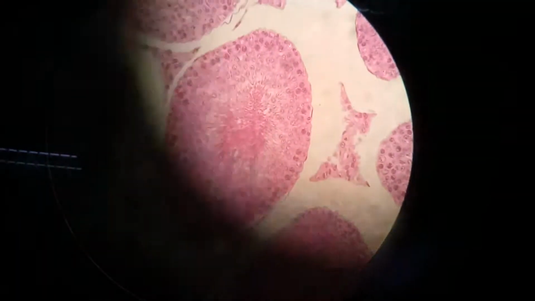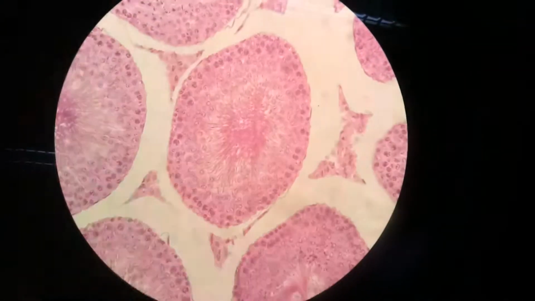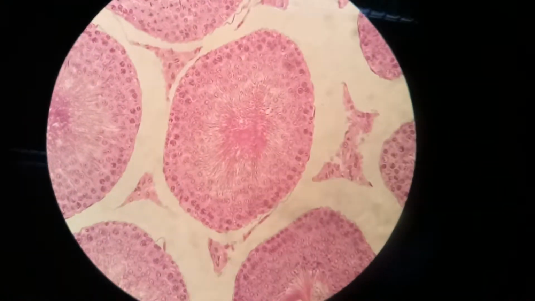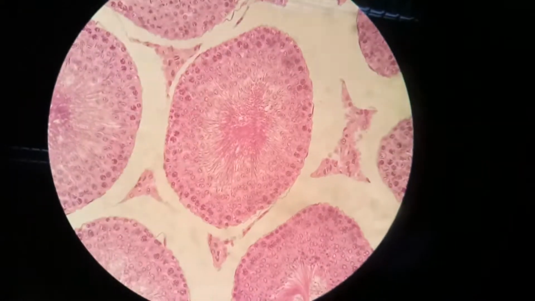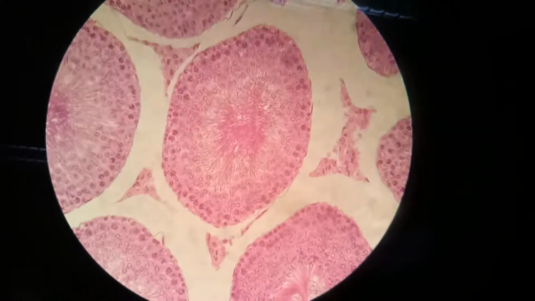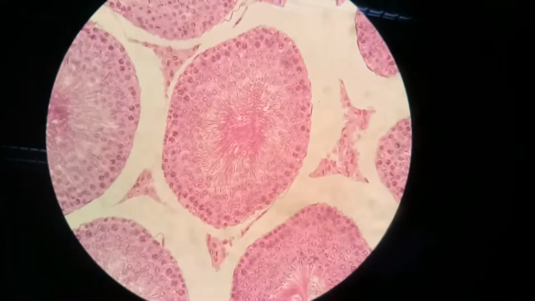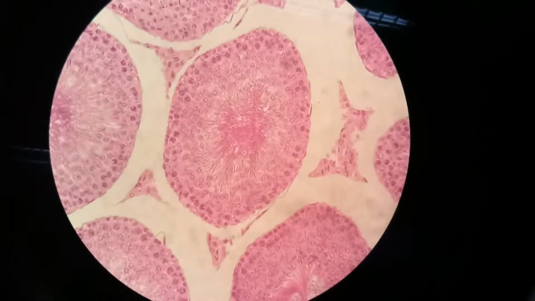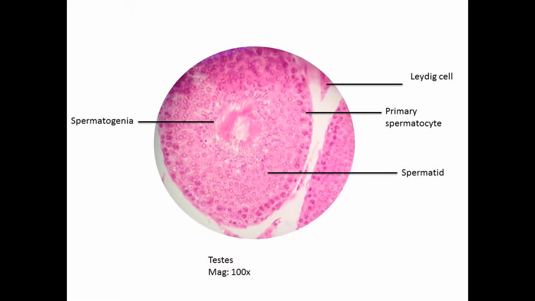Okay, the first slide that we observe is the slide of testes. As you can see, this is the cross-section of the seminiferous tubules. The walls of the seminiferous tubules contain the germ cells, Sertoli cells, and Leydig cells that give the testes their function. Millions of germ cells in the walls of the seminiferous tubules multiply and differentiate to produce spermatocytes from the